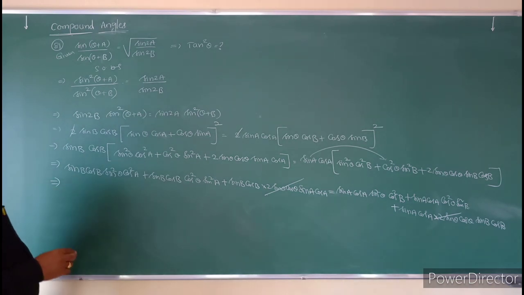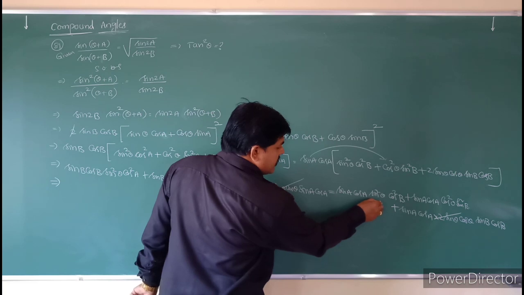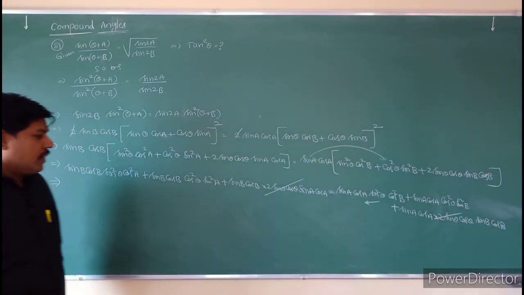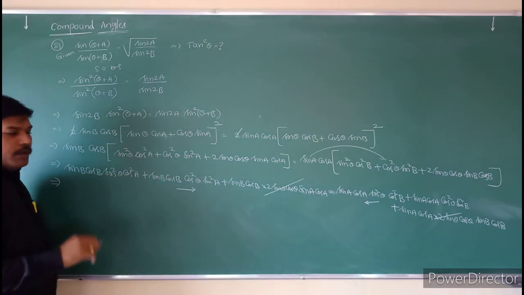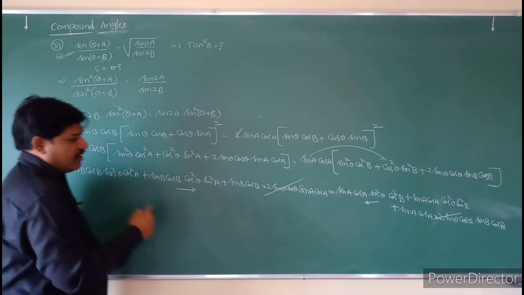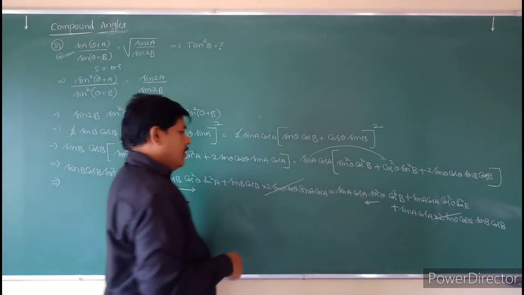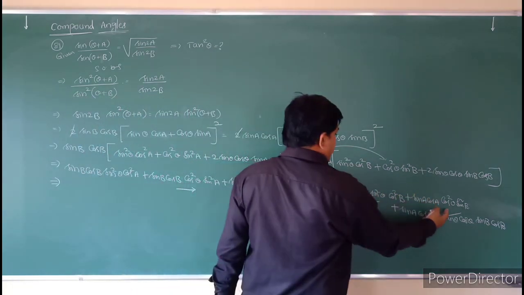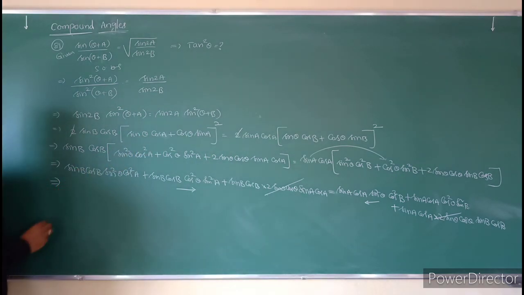So I will take this term, this is the first term. I will take this term to this side and this term to that side. Why? Because sin square θ is there here, and here also sin square θ is there. I will take this term to this side. Here cos square θ is there and here also cos square θ is there. So that's why I am taking this term to that side. What happens? So that implies